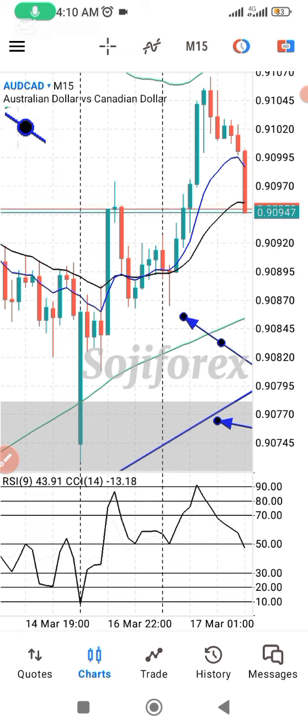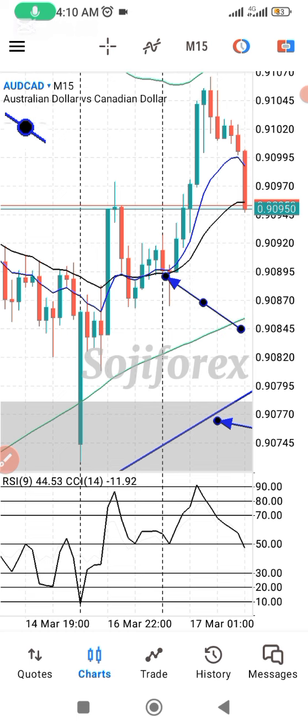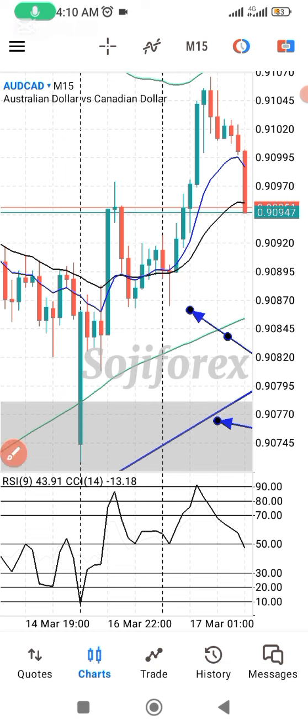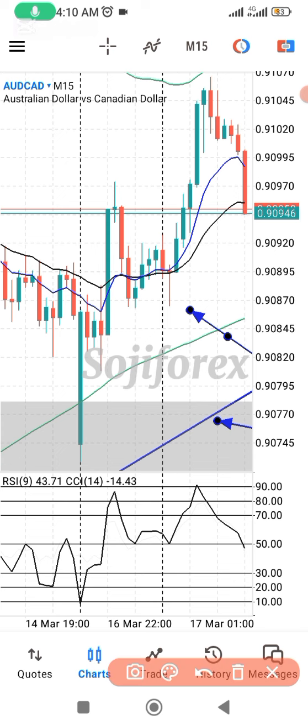In this moving average, price went up, price pulled back to the moving average, and afterward we have this bullish pin bar. If you look at it, you realize that price as well is leaving. Price just retested this zone,